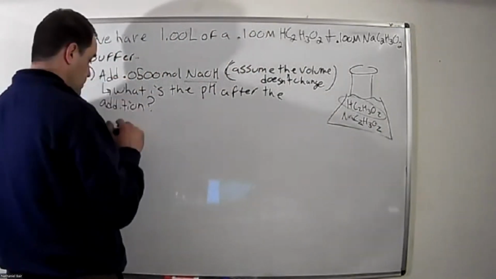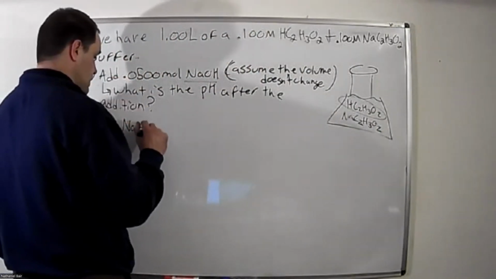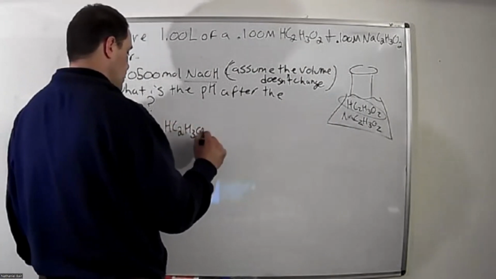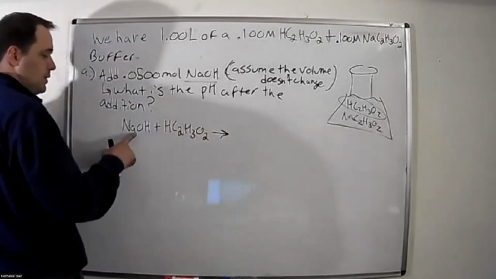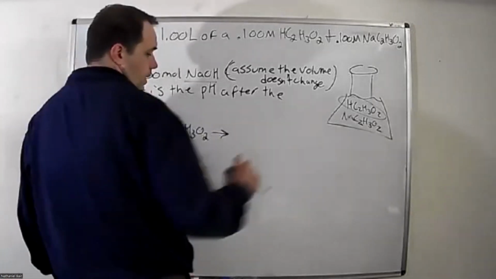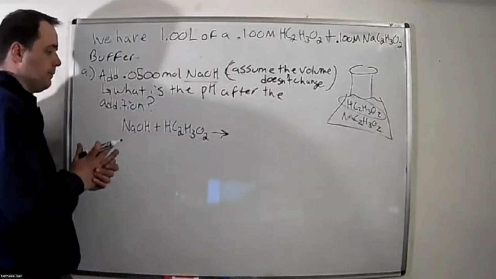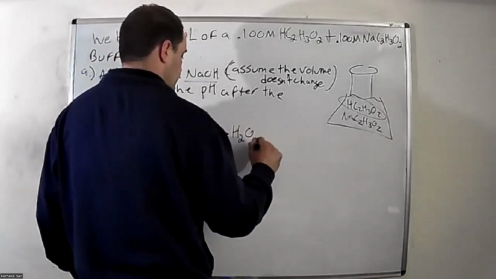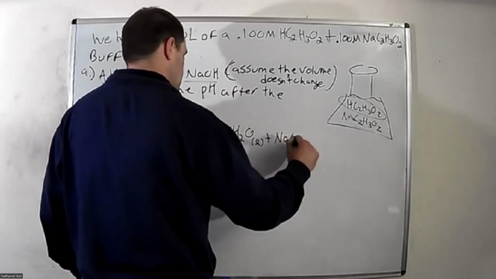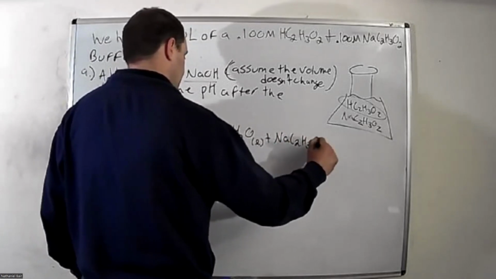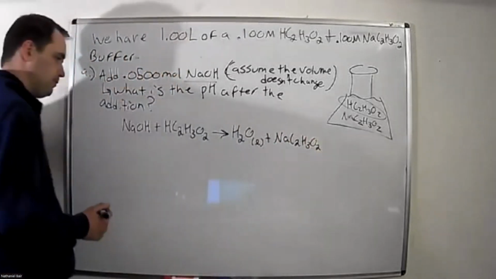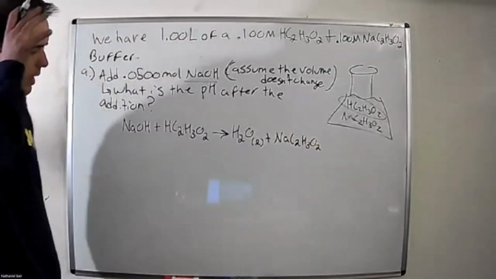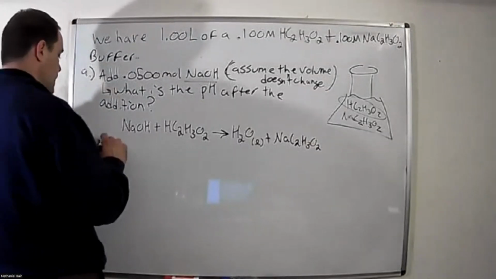Let's write this out. So we're going to have sodium hydroxide reacts with the acidic part of the buffer. Since that's strong, single-headed arrow. You don't need a double-headed arrow here. And we're going to get water, and we're going to get sodium acetate. Awesome. Now, the key to these addition to a buffer problems is to, after you write your reaction, make a